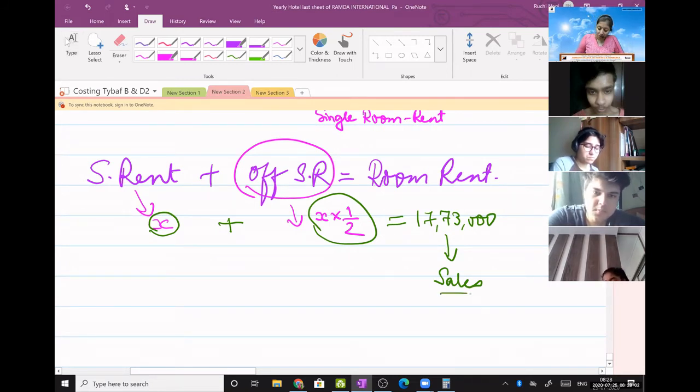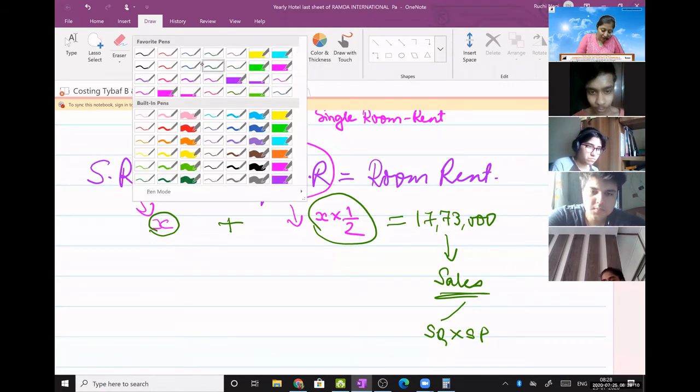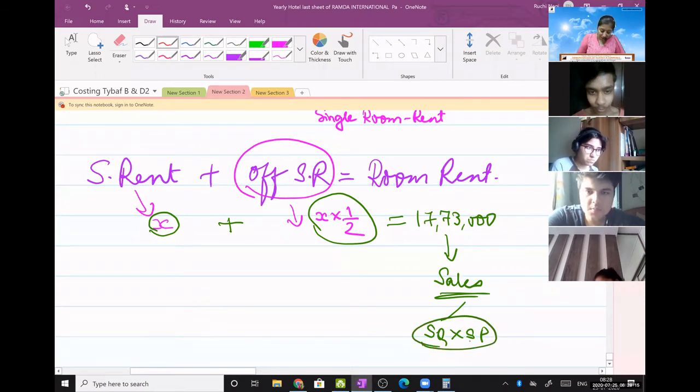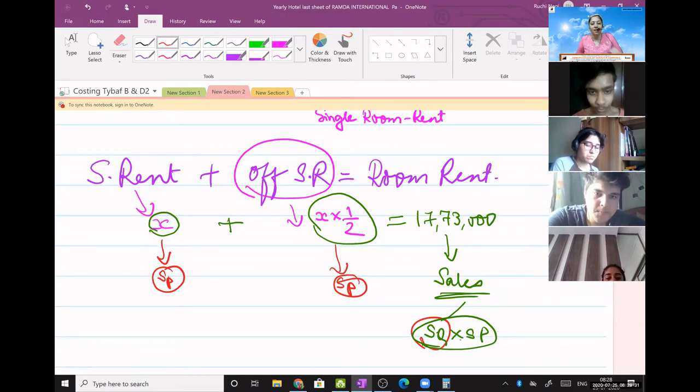Okay, so sales कैसे मिलता है बच्चा आप लोगों को? Selling quantity multiplied with selling price. Yes or no? Correct? हाँ. Now look here. मेरे पास सेलिंग प्राइस है, ये मेरा सेलिंग प्राइस है, बट मेरे पास सेलिंग क्वांटिटी नहीं है. ओके, तो सेलिंग प्राइस I just assumed to be x, and the other selling price I have assumed half of x. Now where is this selling quantity?